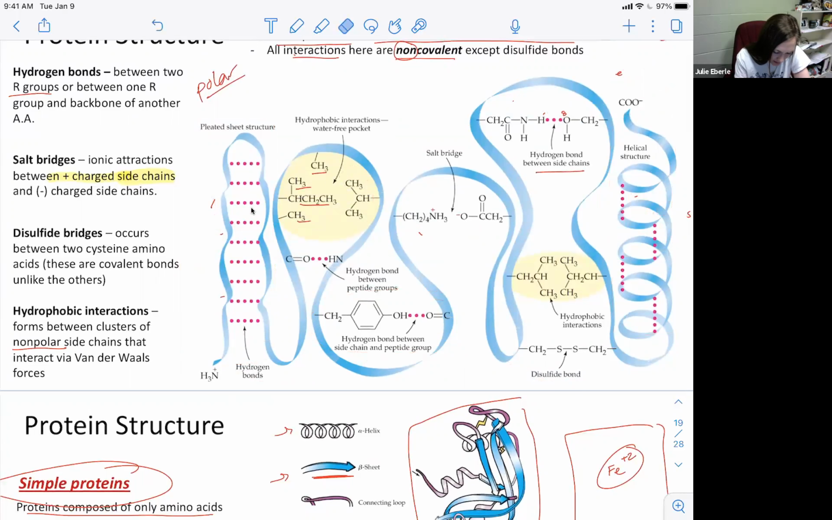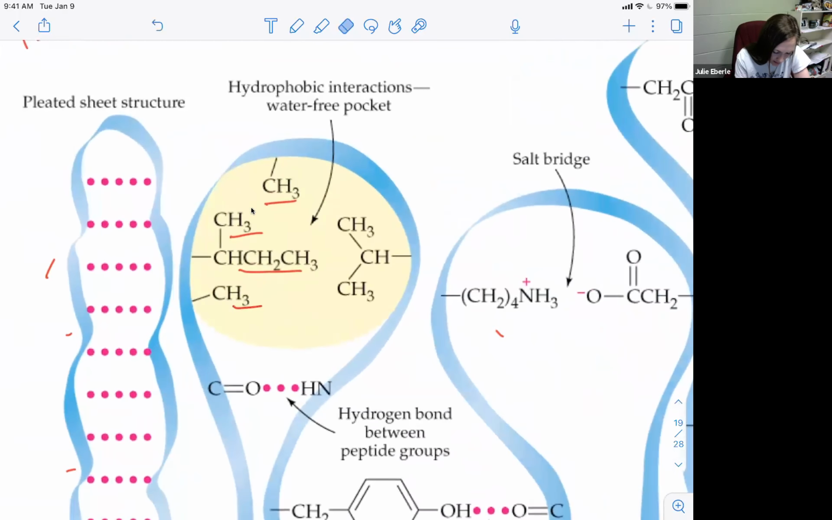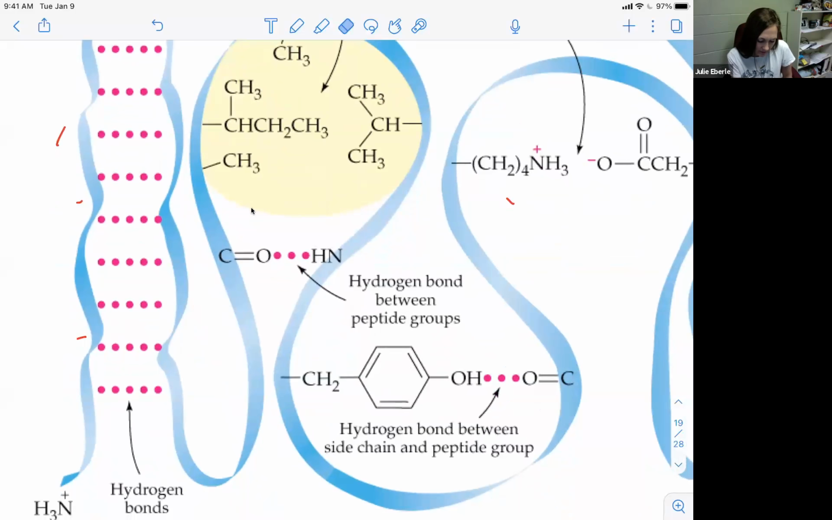So you can see the parts that are highlighted yellow. These are pockets where there's clusters of side chains that are all hydrophobic, all hydrocarbons, and they're interacting. So this would be a hydrophobic, water-free pocket of the protein. But then you can also see where you have these backbone atoms. You can get interactions even at the tertiary level between side chain and backbone